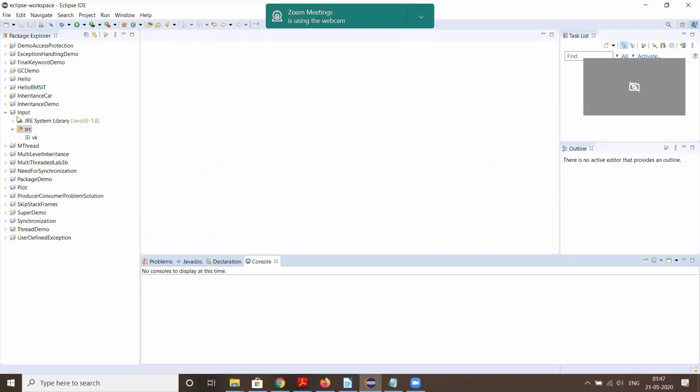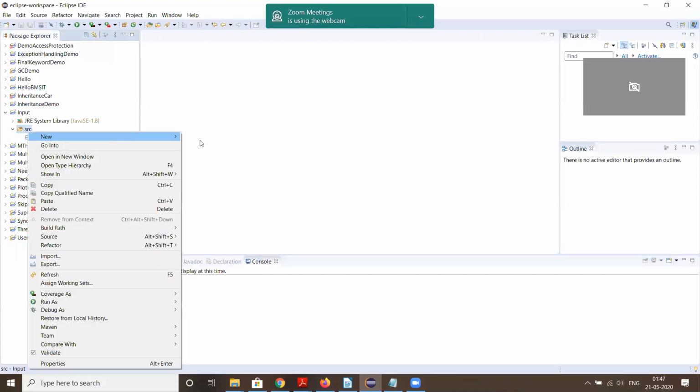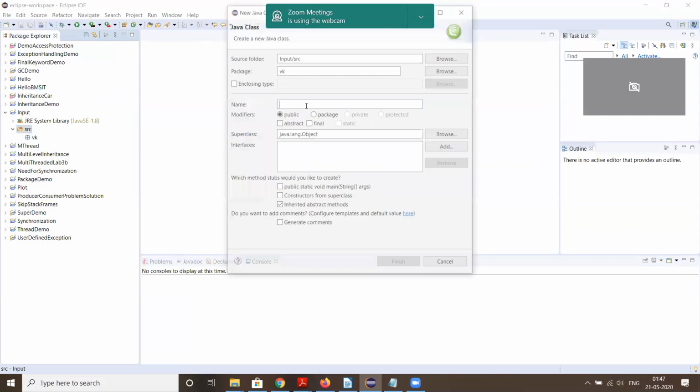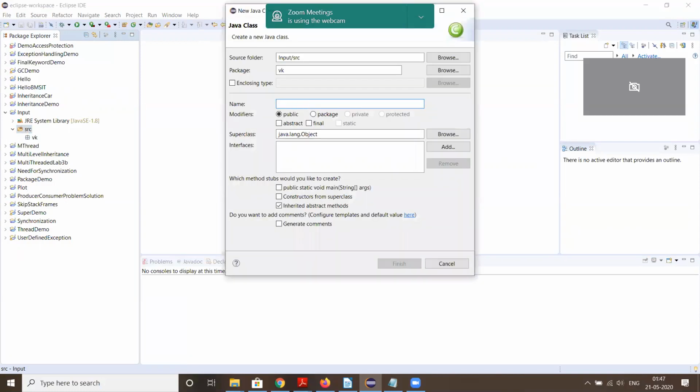So I already created a project. Let me add a class to that project. I'll be giving the name of the class as DivisionOperations, and I will add the main method.